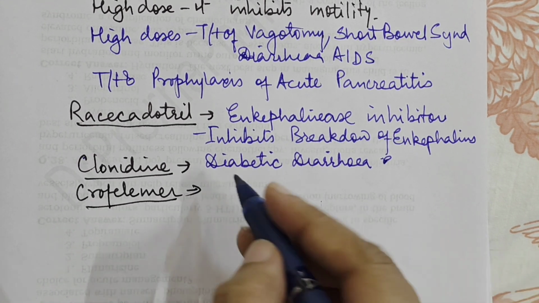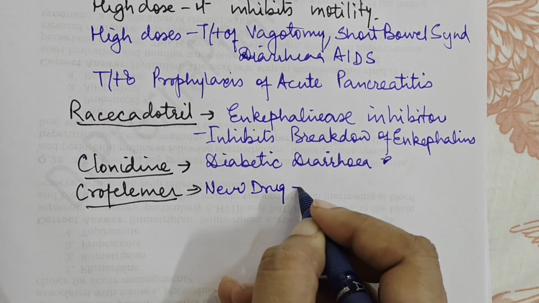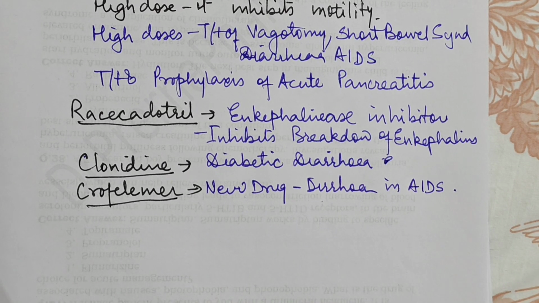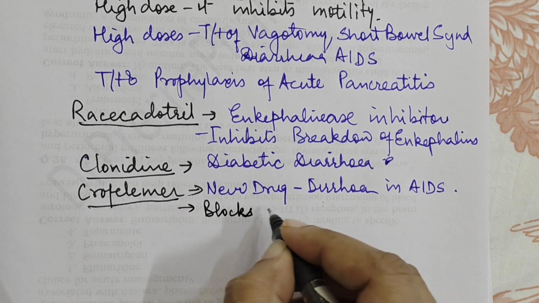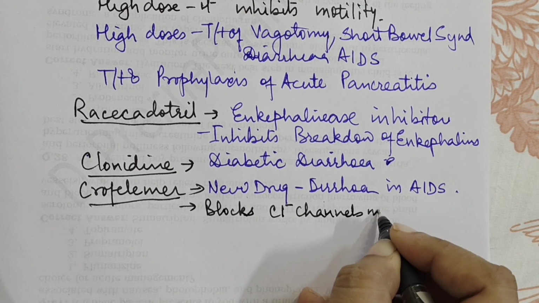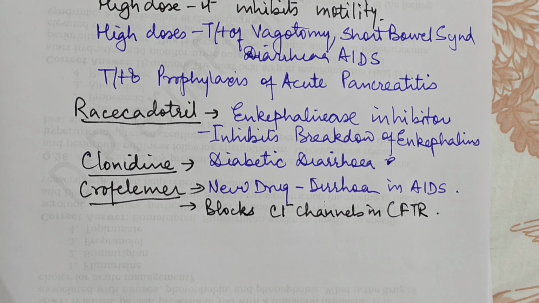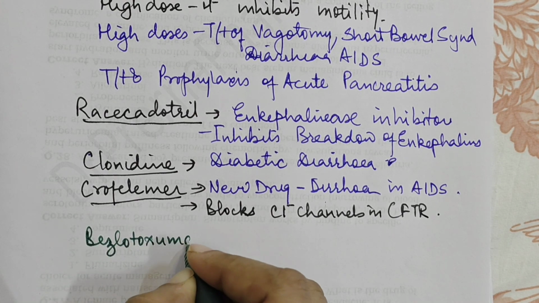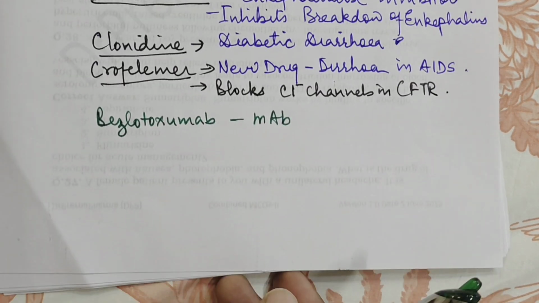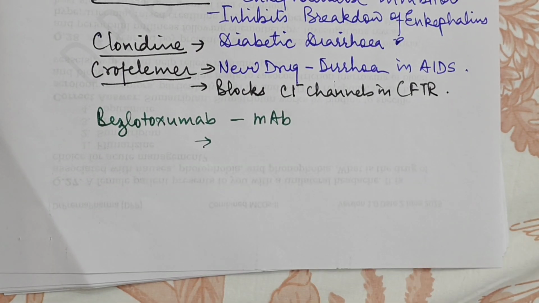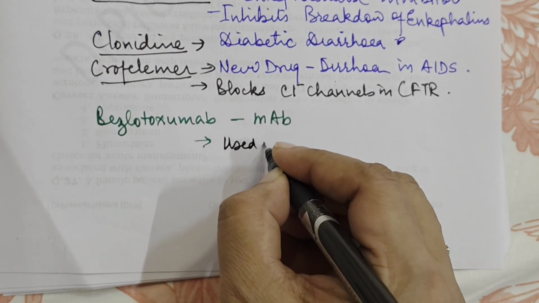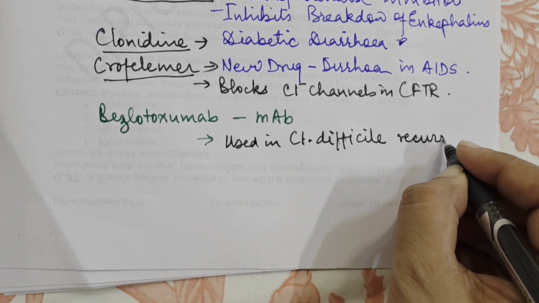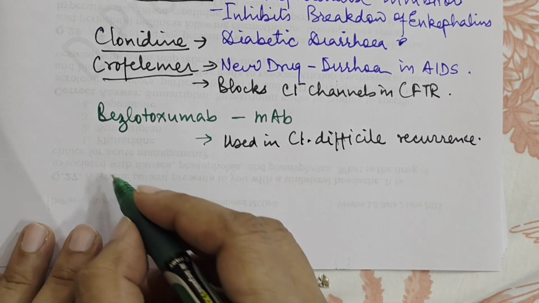Now this crofelemer is a new drug and it is used in diarrhea in AIDS patients. Okay. This basically blocks the chloride channels in CFTR. Okay. Then there is another drug which is called as bezlotoxumab. It is a monoclonal antibody. Bezlotoxumab is a monoclonal antibody and it is basically used in Clostridium difficile recurrence. Okay. Then another drug is